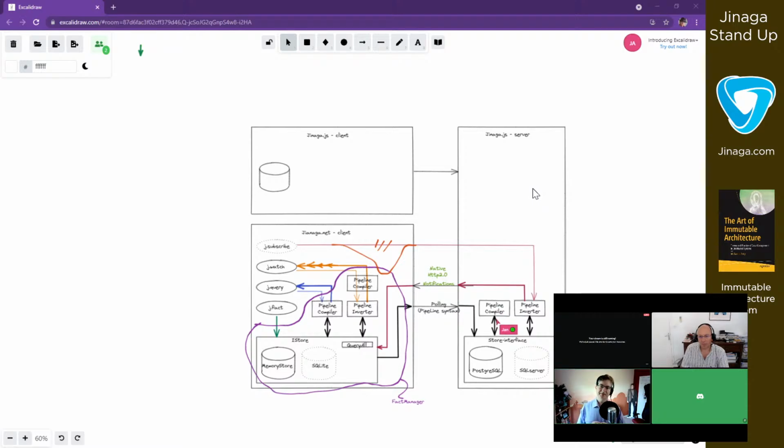But yeah, you're right. It makes sense to split that up and have different processes, and that is actually getting closer to that decision substrate idea, where what you've got written here is just the distributor portion that's living out on the substrate, and then you would have a different client that's either using Janaga.js or Janaga.net, but is serving up web pages or APIs or whatever. So do you agree if I just delete the pipeline compiler here on the server? Yeah, I think that makes sense given the scope of this diagram.